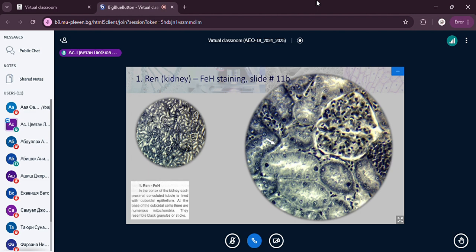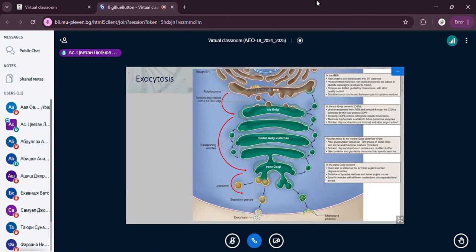Let's talk a little bit about the Golgi now. We are getting to the part where first we will start with a process which we call exocytosis. What is exocytosis, guys? Exocytosis is a process by which the cells export stuff outside. This usually starts from the endoplasmic reticulum. Doesn't matter whether it's rough or smooth endoplasmic reticulum, guys. It starts from there, then